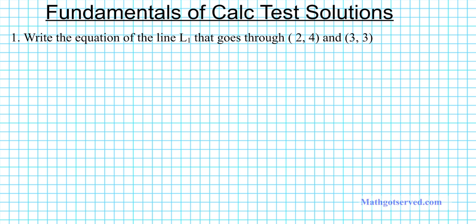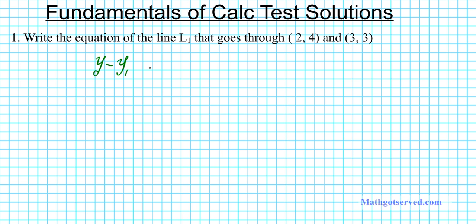In this clip, we're going to be going over the solutions to a fundamentals of calculus test. Let's take a look at number one. It says, write the equation of the line L1 that goes through (2, 4) and (3, 3). So to write down the equation of a line, given 2 points, you're going to be using the point-slope form of the equation of a line, which is y